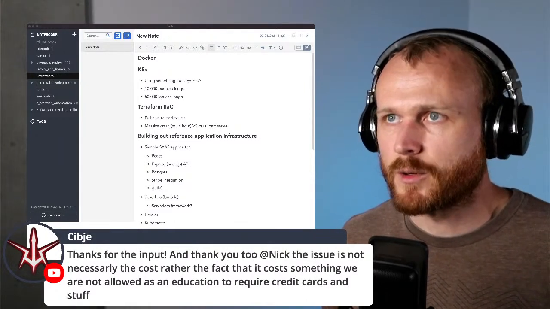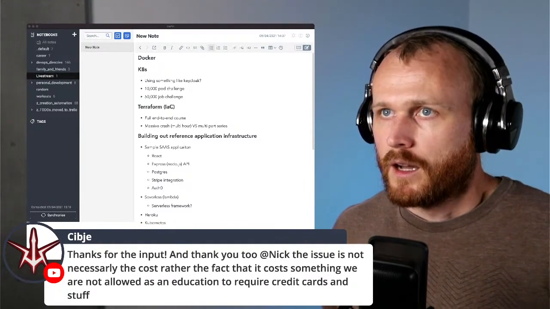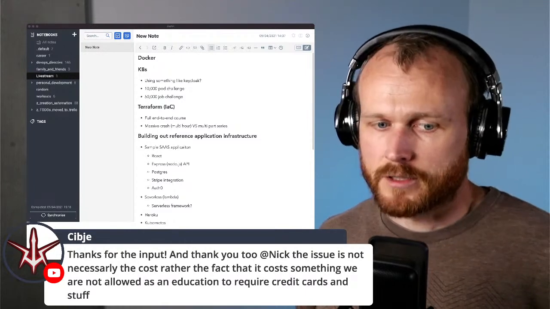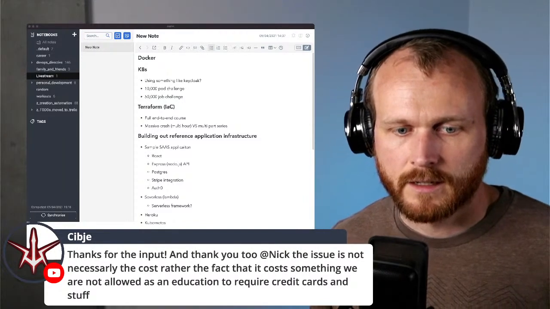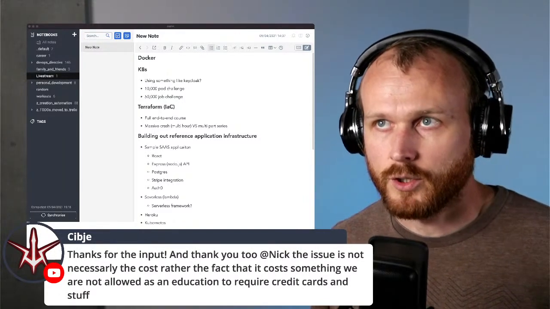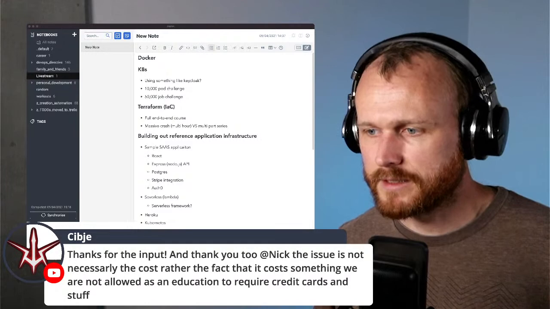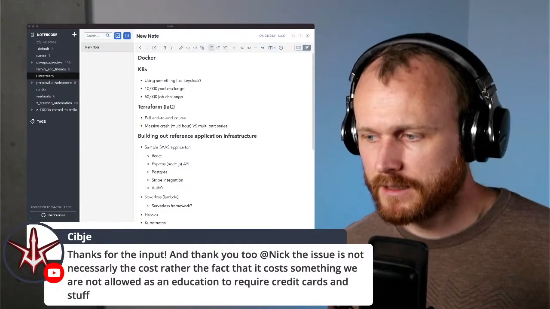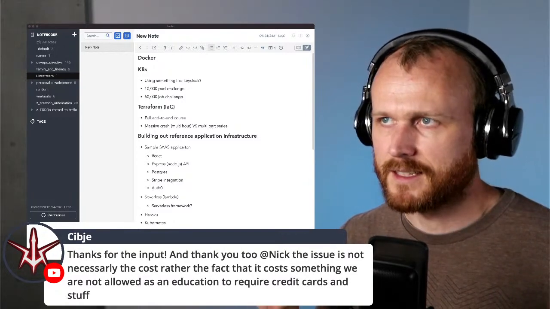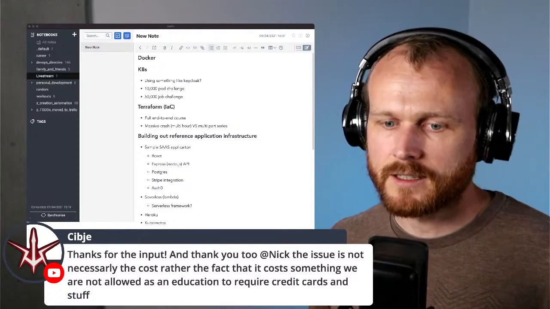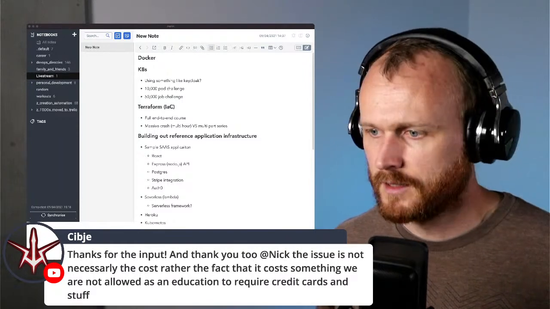Even so, it is required that you have an account set up with billing, even if the cost is going to be quite low. For education purposes, I wonder if you could reach out to one of the cloud providers and get some credits such that you could cover all of the costs with those credits. And then the other thing, I'm not sure if you could use a prepaid Visa card. I wonder if you had a prepaid Visa card with no funds on it, if it would let you get past just putting that in so there is a credit card, and then have some credits to actually cover any minimal costs. Not sure, but